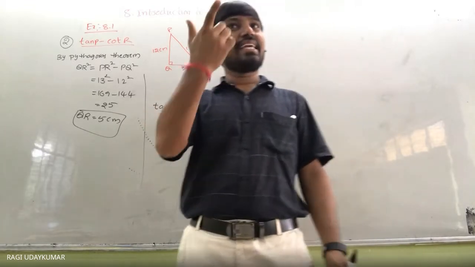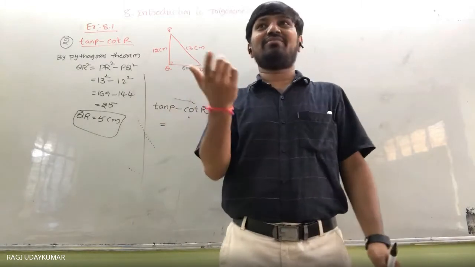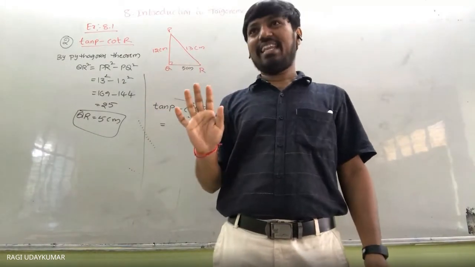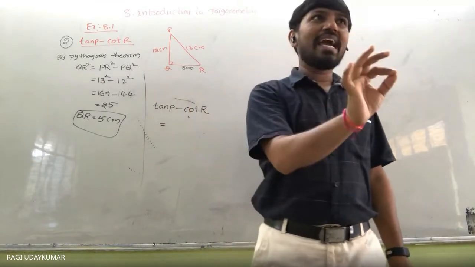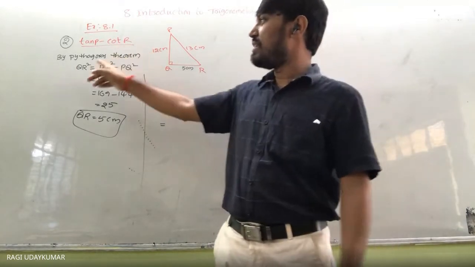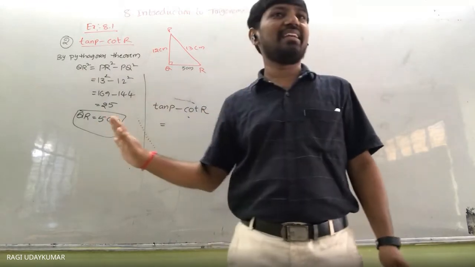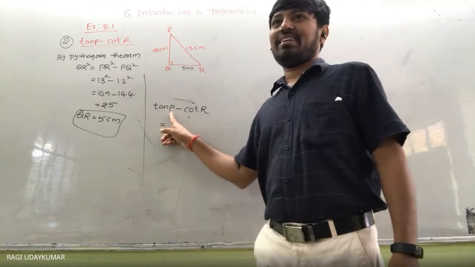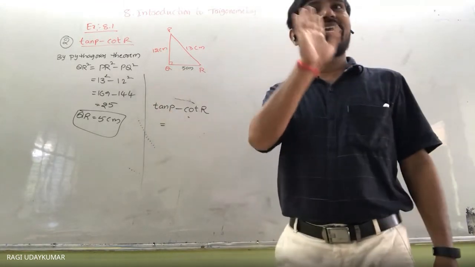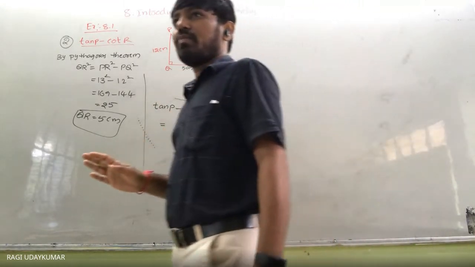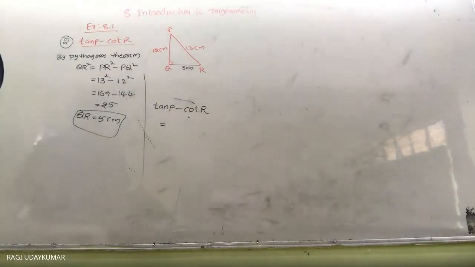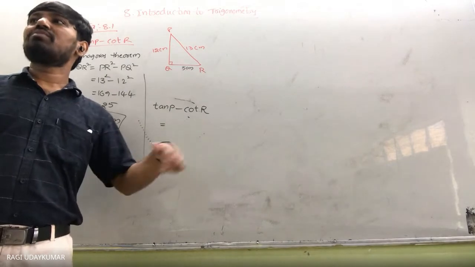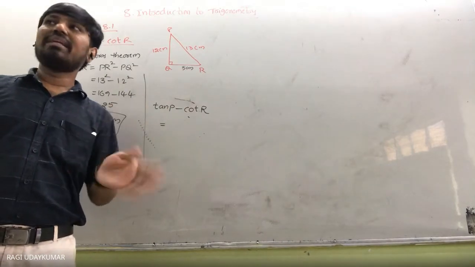When you write tan with a capital letter, it becomes a function. What is meant by function? You are going to learn that in class 11. In 11th you will learn it. So for now, what should you remember? Not only tan, no first letter should be written as a capital letter. You observe in your textbook also. Angle is written capital, but the starting letter of the ratio will not be written as a capital letter. When you write it as a capital T, it becomes a function. So function is completely different.